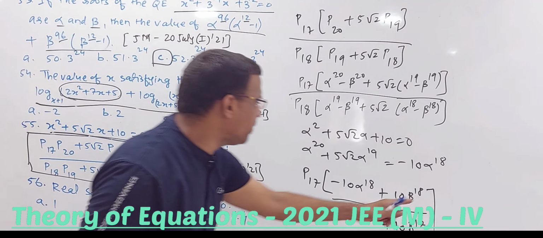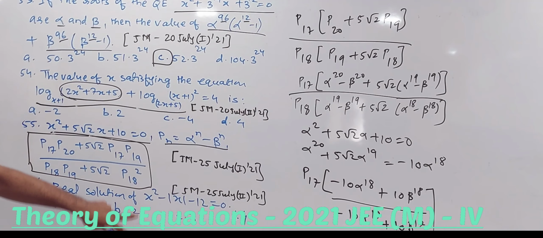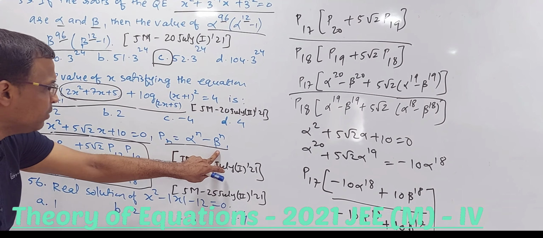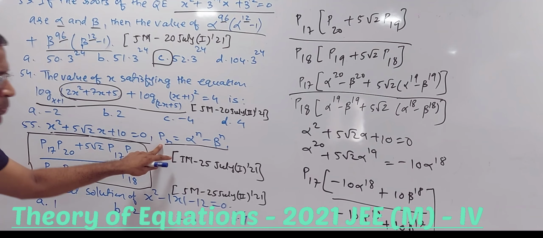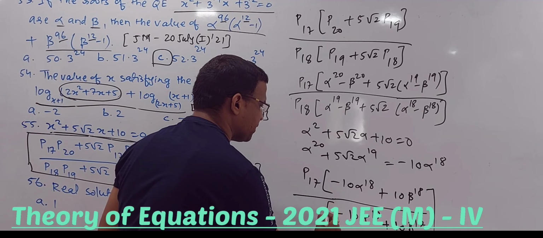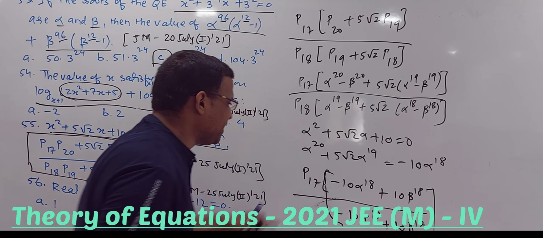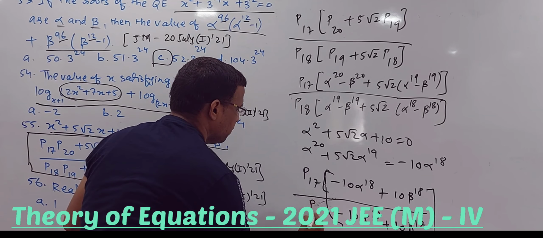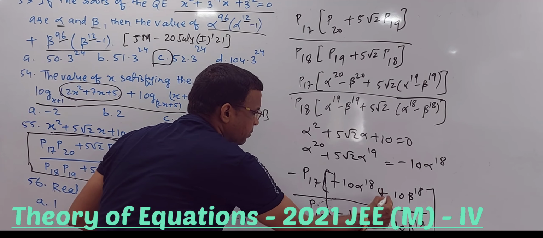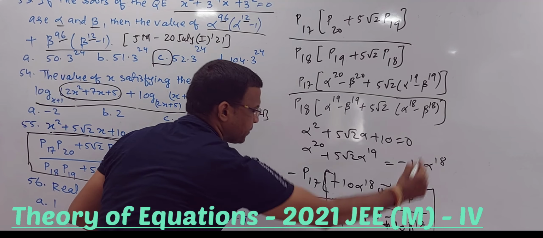You will get beta power 18 minus alpha power 18, which is nothing but, check this out, beta power 18 minus alpha power 18 will be minus P18. Fine. You can just adjust with the minus sign. You can take minus common over here, and you can just get accordingly the answer. Let me just take down like this. So P17 and P18 over here, and let me take down minus sign common. So minus sign taken common, so plus, and this will be minus, and minus sign again. So this will be plus, and this will be minus.